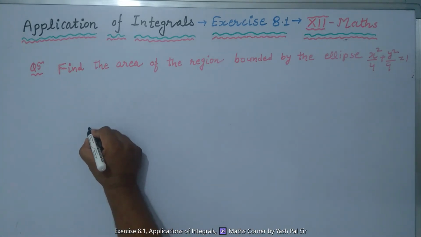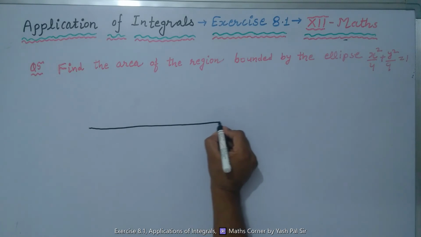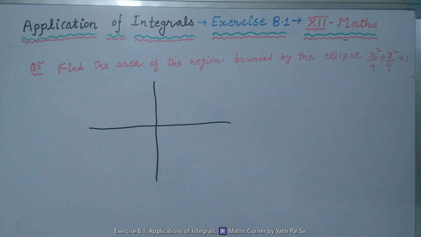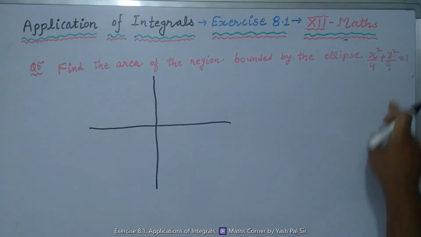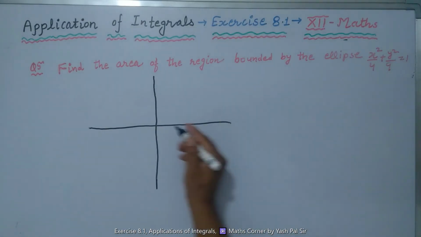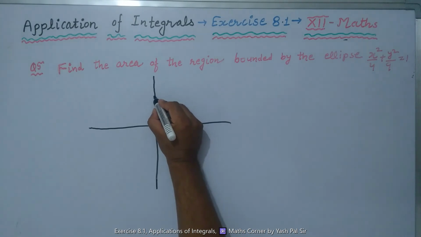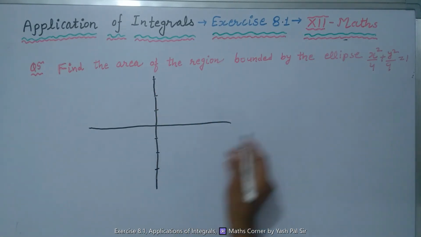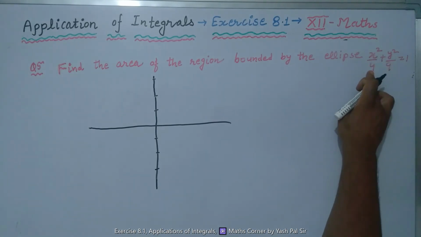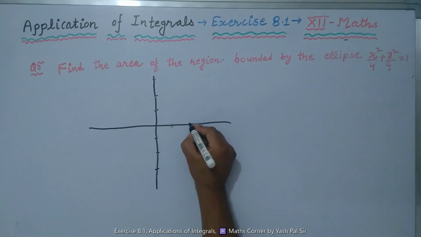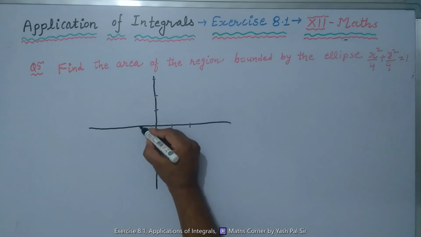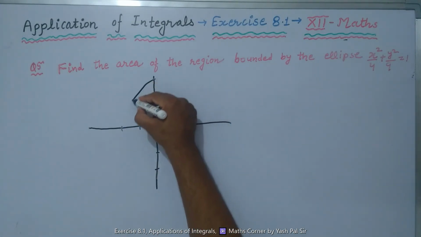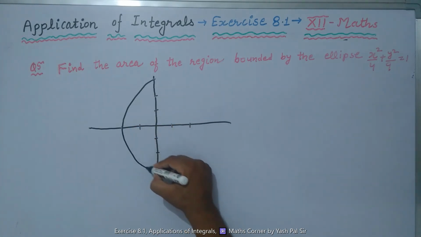We can draw the diagram of the ellipse. y square upon 9 means y is 3, so 1 2 3 on the y-axis, and x square upon 4 gives x is 2, square root of 4 is 2. So this way we can sketch the ellipse